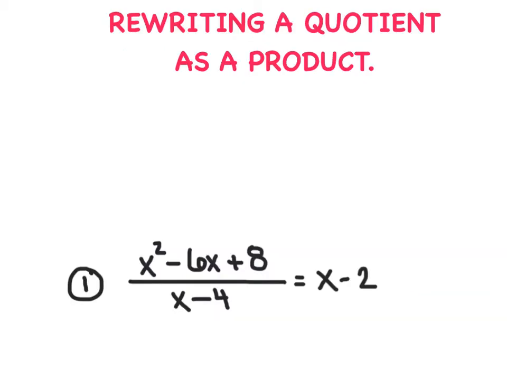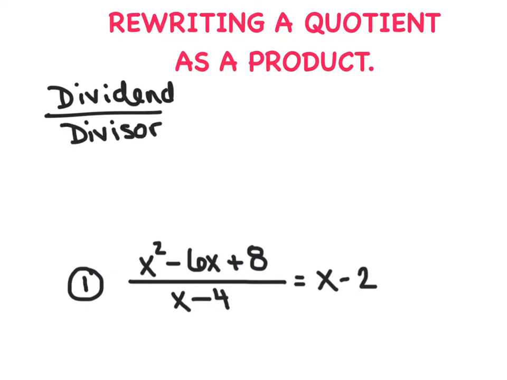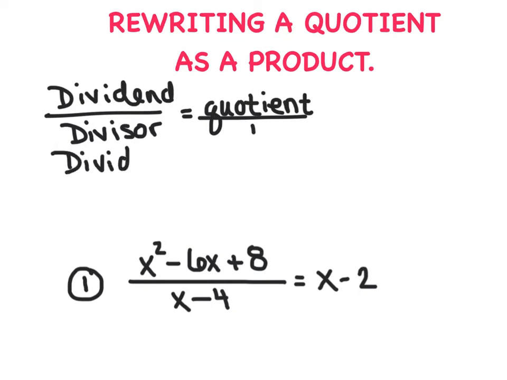So when we first introduced you to long division a couple of weeks ago with respect to polynomials, we would say something like this. The dividend divided by the divisor equals what? Our famous Q word, quotient. Now, we can manipulate the terms and move certain things. Like, for instance, what if I cross multiplied? The quotient would be set over 1. We'd cross multiply, and we'd end up getting the dividend is equal to the divisor